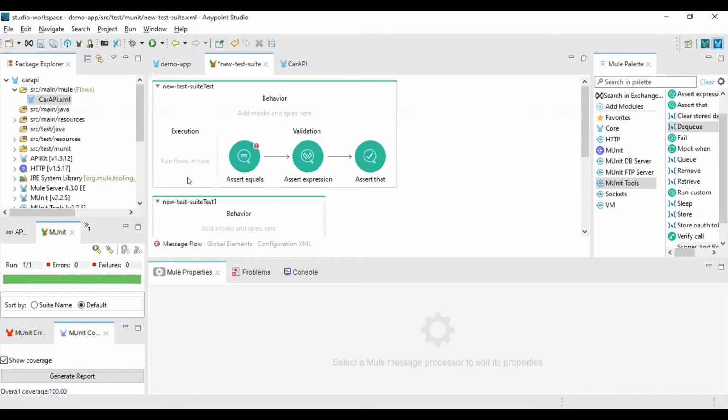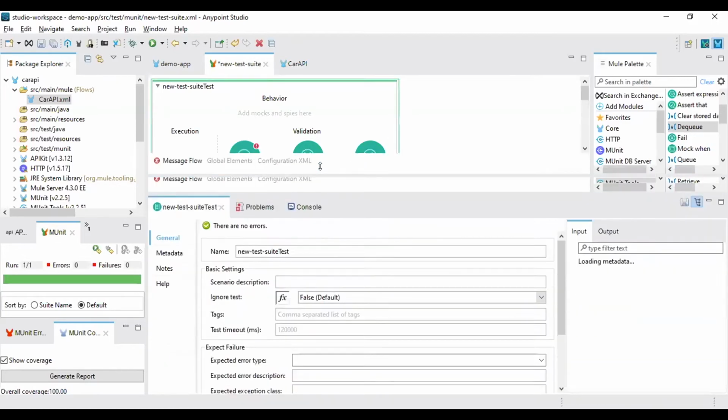In execution, you actually run the process. And in the validation part, you test your logic, what the execution result should be, and what the expected result is.